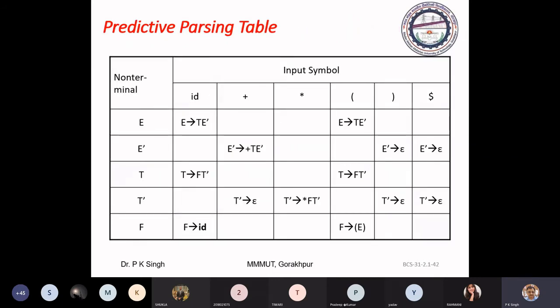You just consider this grammar. We have this table. Which grammar? The operator grammar we have got after removing the left recursion. So we will get this table. We will discuss how to construct this table, but see how this predictive parser will work.